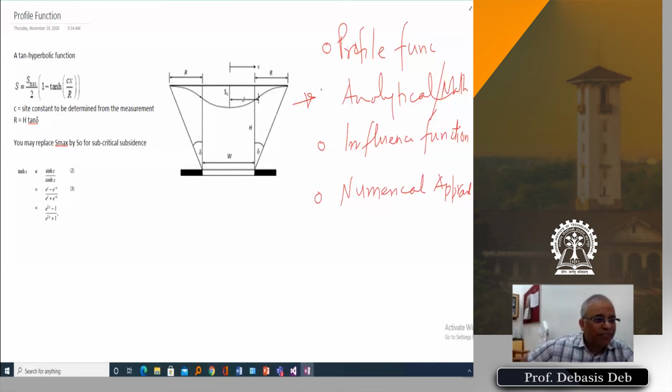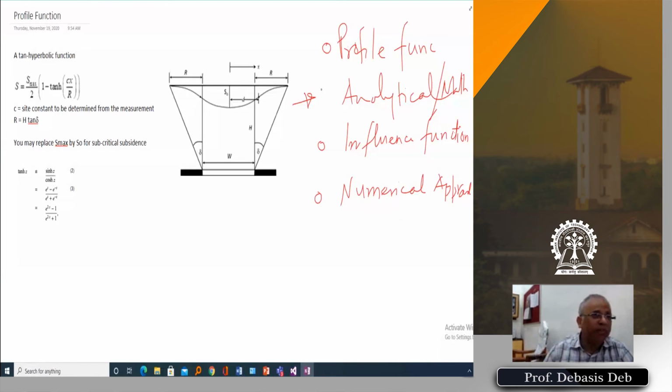And this can take care of different rock types and different loading conditions, and it also gives pretty accurate estimation if proper material properties and all those things we can know. Then this also gives very accurate results. So these days, influence function and numerical approach are being used heavily. Profile function, as I'm telling you, was also popular. These days also we do.